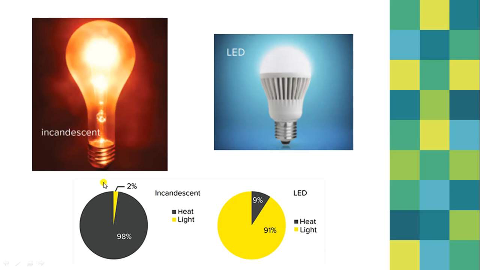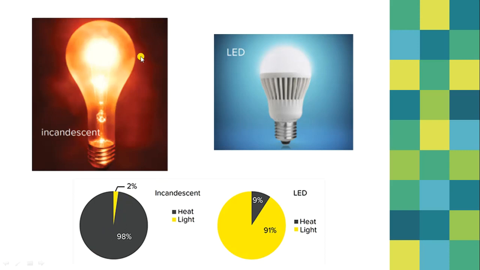Now, in this incandescent light bulb, the heat that is produced is way more compared to the one that is produced on the LED. So we have less energy loss on the LED because we don't have that much heat emission that we have on the other one. If we take a look at the pie charts that we have at the bottom,